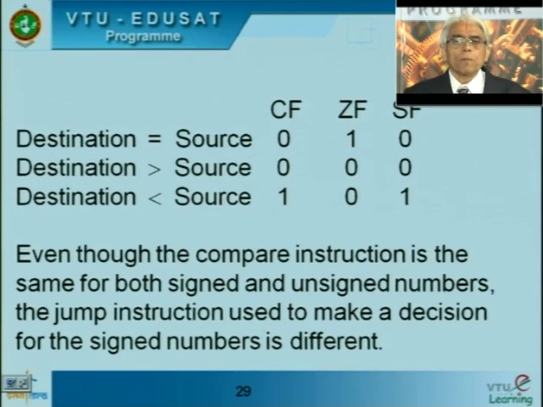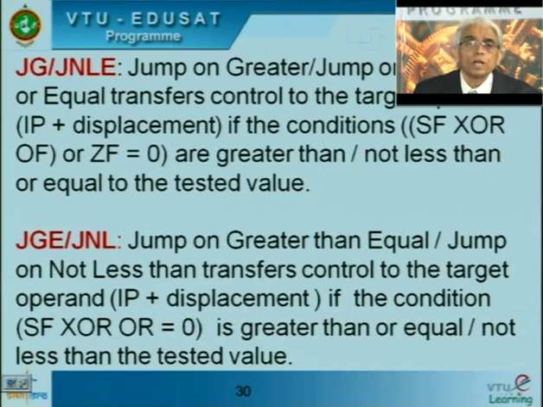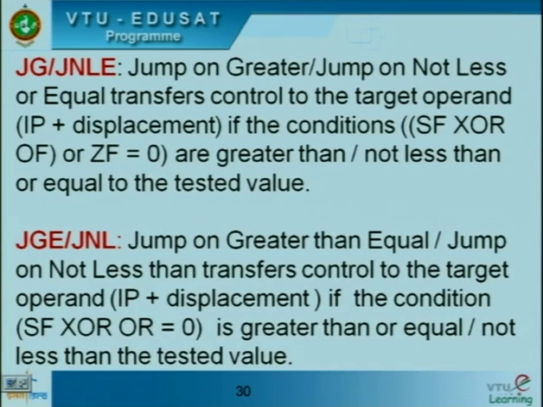Why am I talking about it in this particular case, especially the compare instruction? You have already studied this instruction and knew about all the three, but I am interested in talking about the most important part of the jump instructions which are available for signed numbers. These are jump greater than or jump not less than or equal to. Jump not greater than and jump not less than or equal to transfer control to the target operand